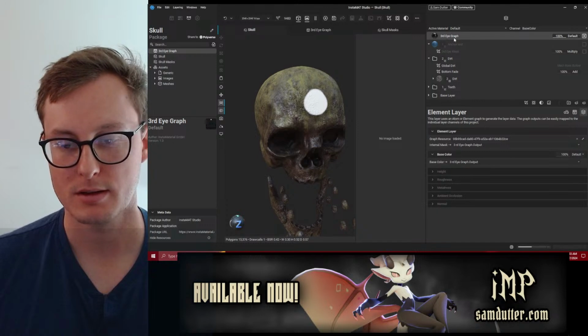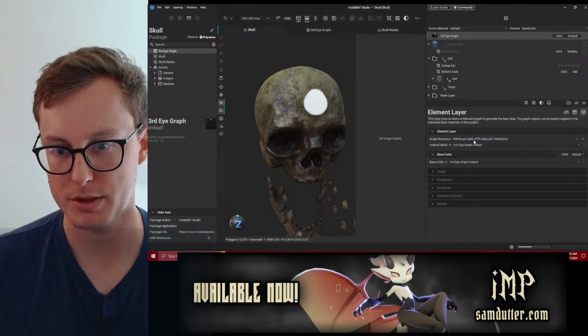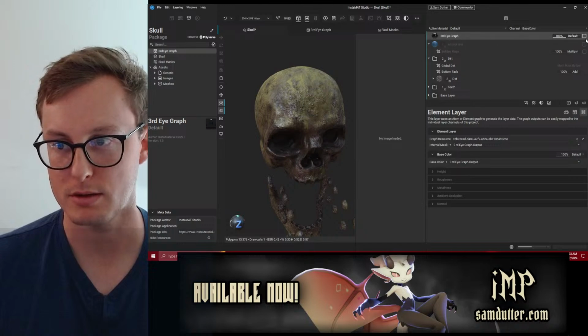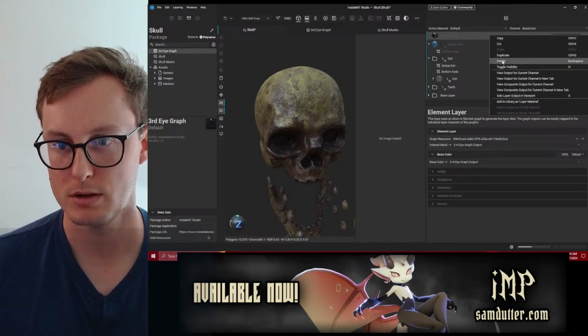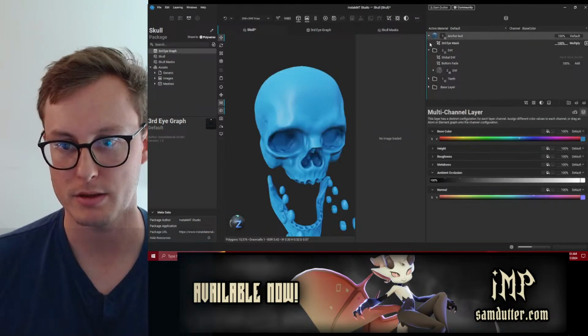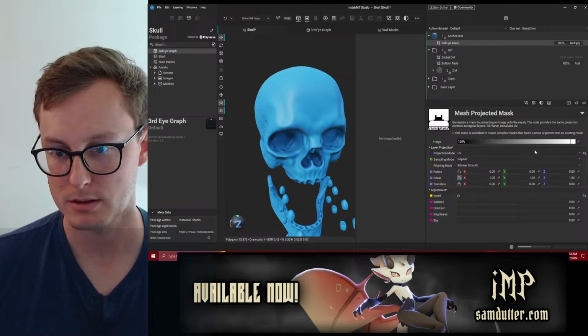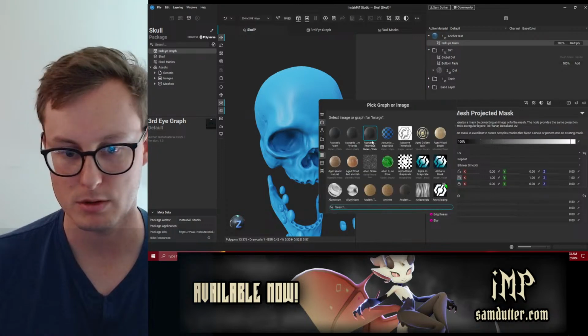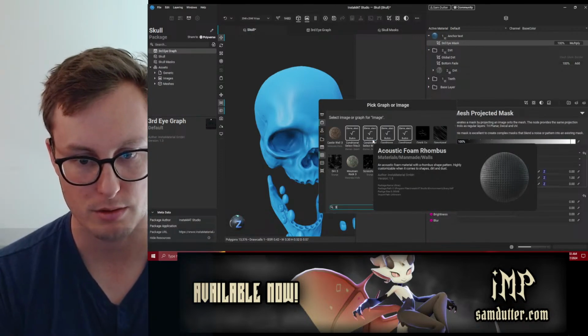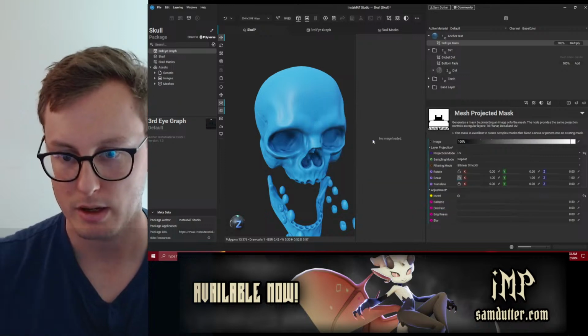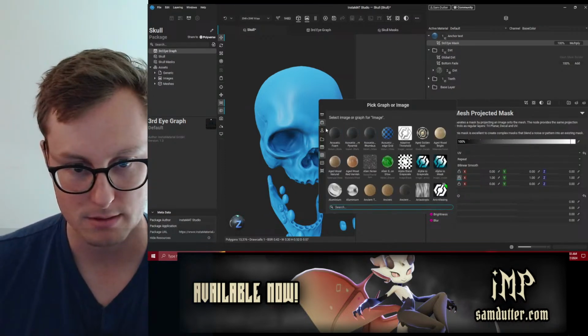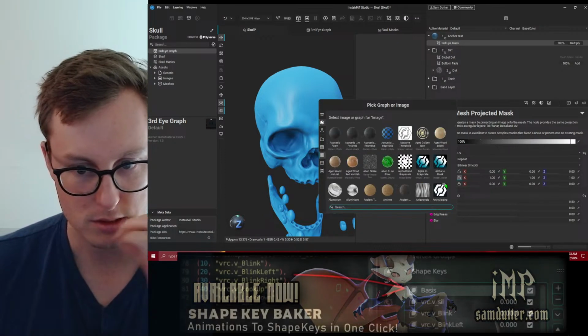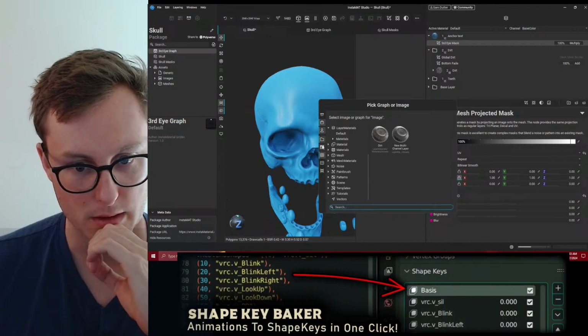So that means I should be able to pull this into a mask. Third eye graph output. So let me get rid of this one more time. Turn back on this blue. Go to the mask. Image. Definitely had it. Just need to know how to search for it properly.